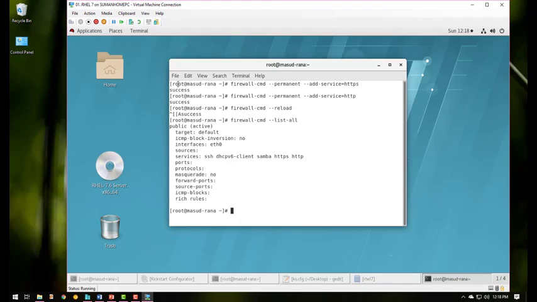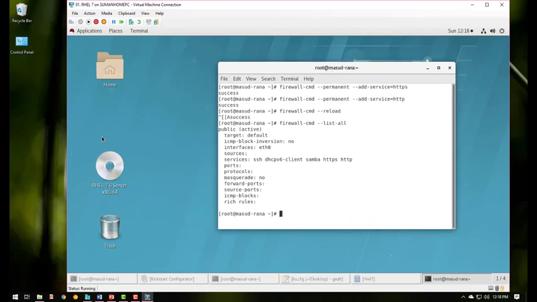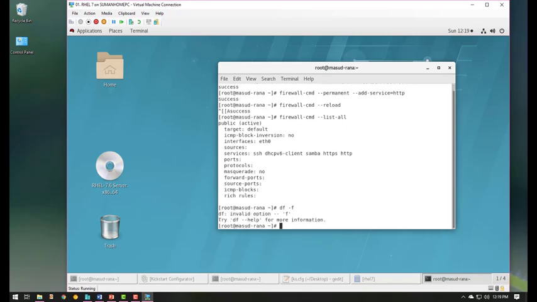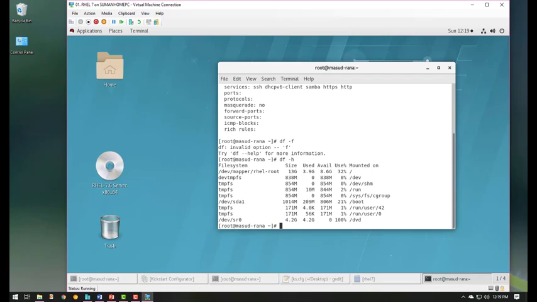So let me copy my kickstart configuration file. I can copy by command prompt, by command which is cp. Let me go to the address by df -h. It is in dvd folder, so let me go to cp.